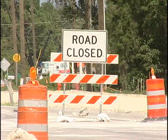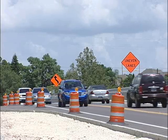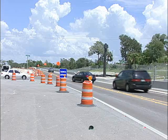It won't be long before the entire Keystone Road project will be open to the public. In the meantime, think safety and be patient. It will pay off